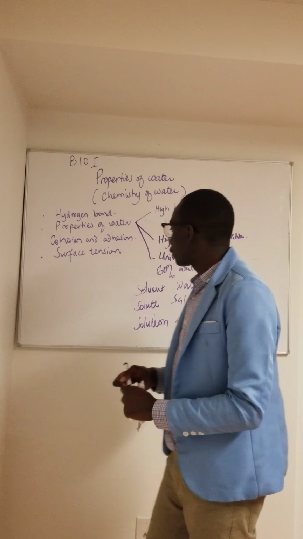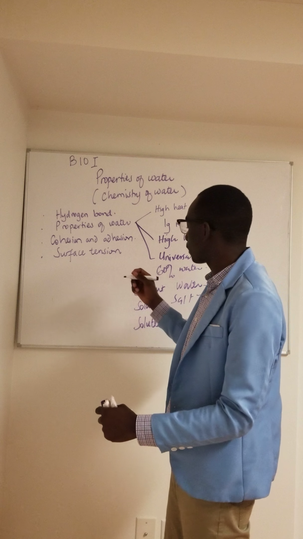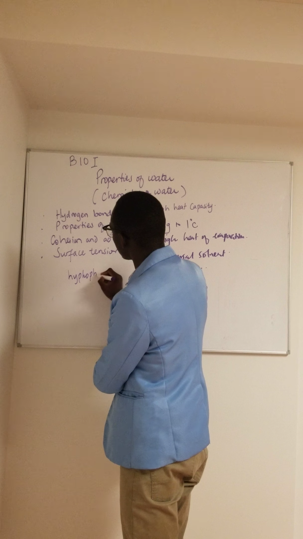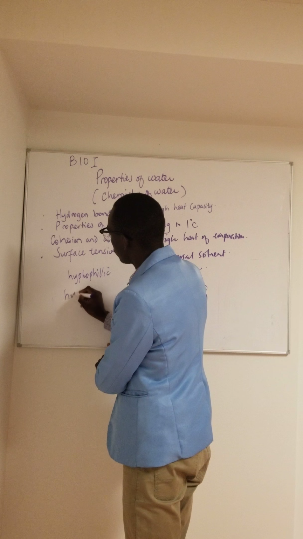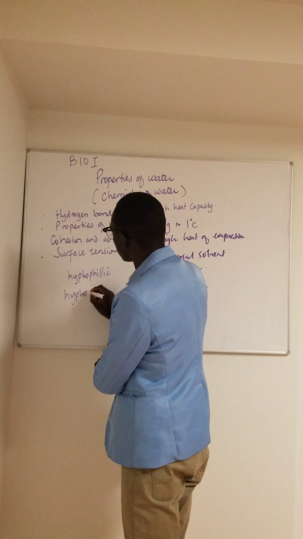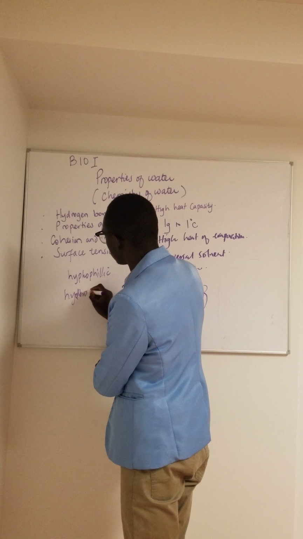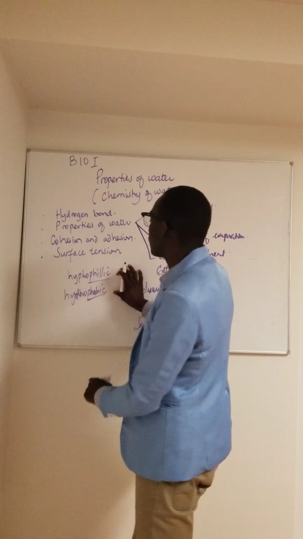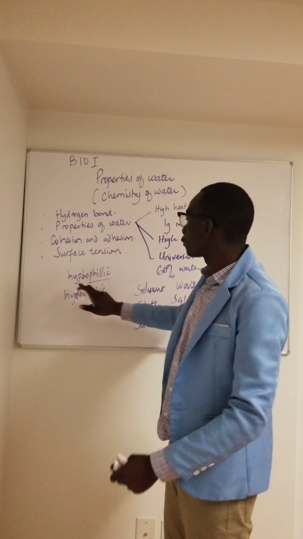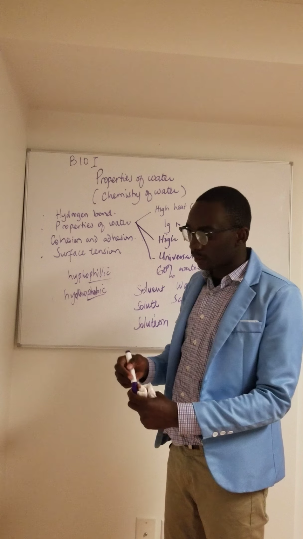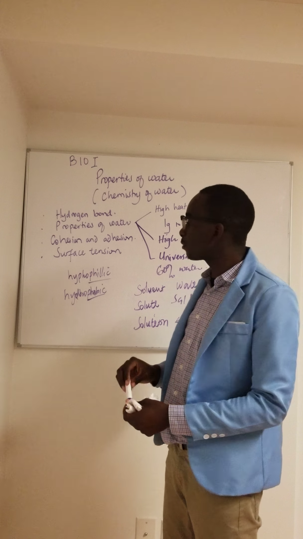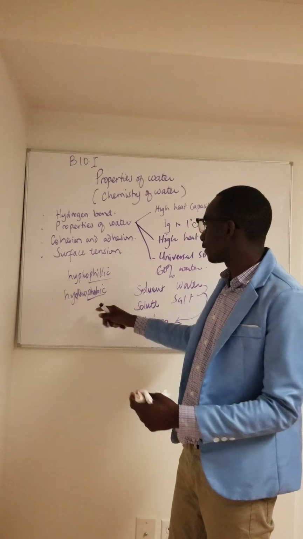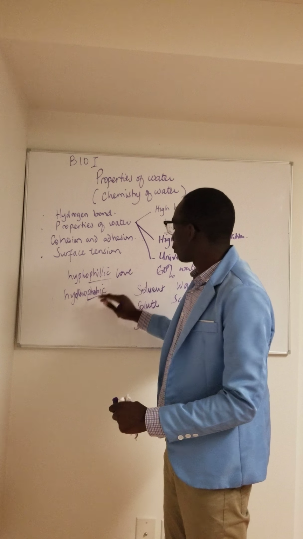And we also have in our body cells what we call hydrophilic and hydrophobic. We have hydrophobic properties in our cells. So hydrophilic properties are like components in our cells, like in the cell membrane, the portions in our body cells that love water. Philic means to love. Well, we also have hydrophobic